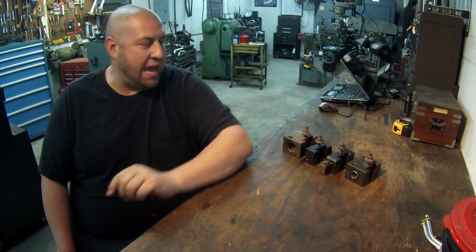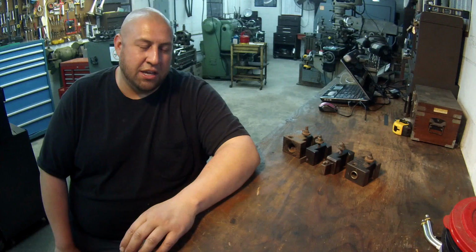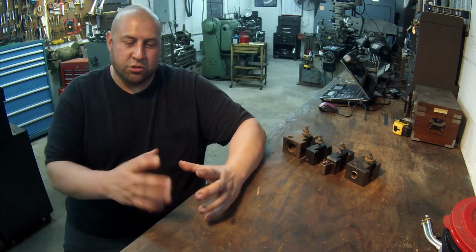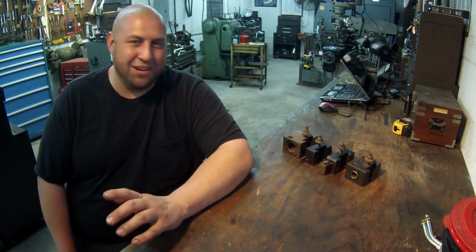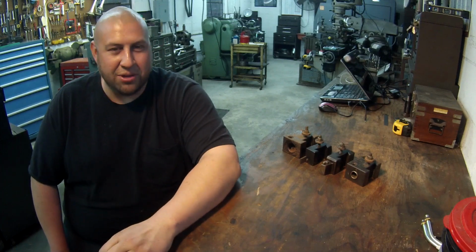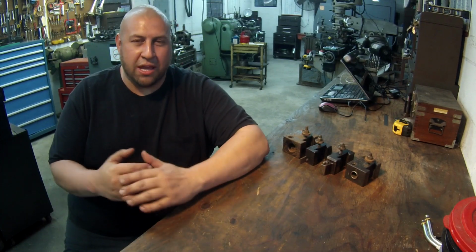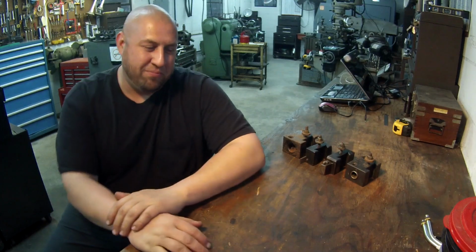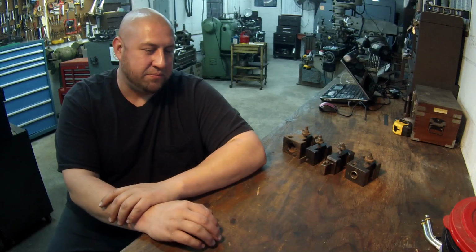But Dad ended up keeping all of the tool holders, and it was just hilarious because in the end, those guys got screwed, because all they had was a tool post, and they still had to buy all the holders to go with it. But Dad ended up keeping them, and he did that because in the paperwork it just said tool post. It didn't say tool post and all the holders. It just said the tool post. So we ended up with a full line of tool holders, and